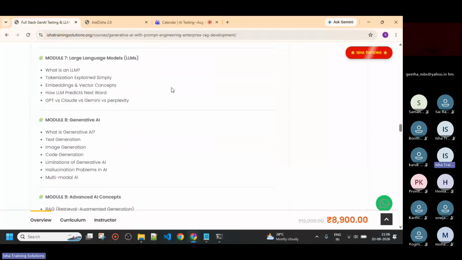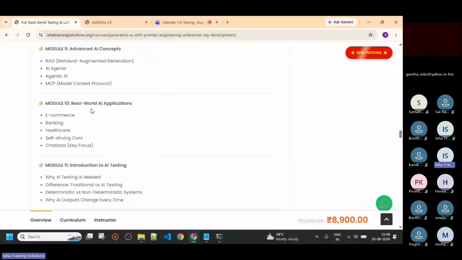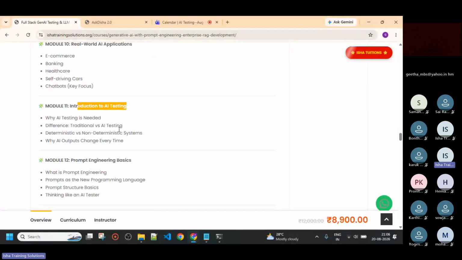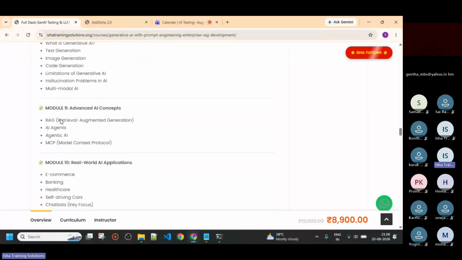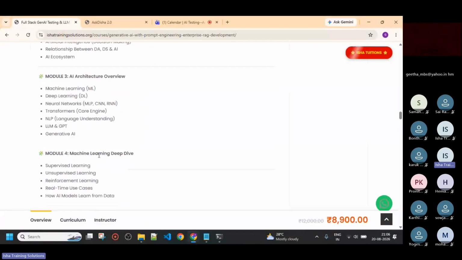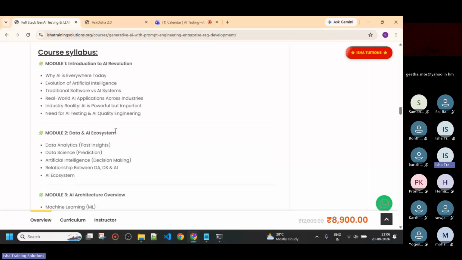The main core syllabus will start from the data, like introduction to AI testing and prompt engineering. That is the real course we are going to start. Till then, it is all basics for understanding. Before that, I would like to start with one thing. Five years ago, companies really wanted Selenium engineers. I hope most of you have worked with Selenium automation frameworks. Today we can see the companies are looking for